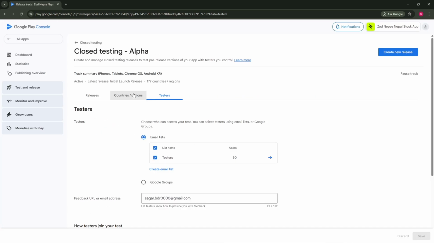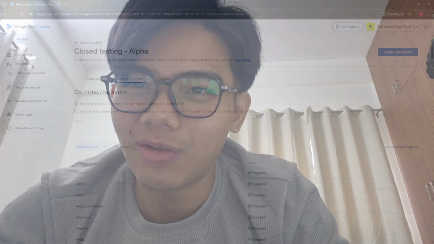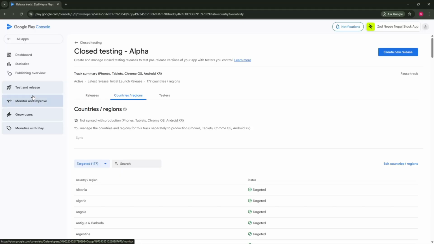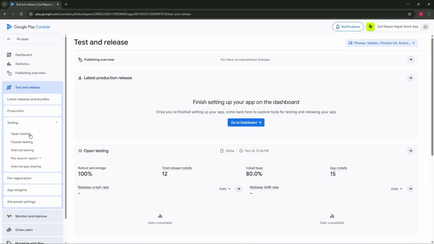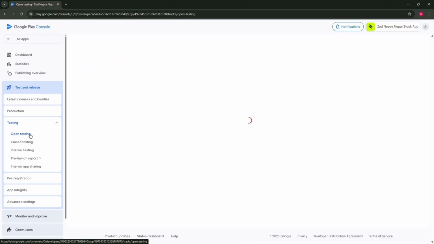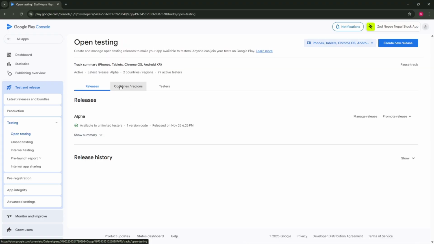So I contacted my friends and family, and I told them to download my app, and that is how I got my closed testers. But that was not enough. I was rejected, saying that my testers were not enough. So to increase the number of testers, I posted it on Reddit. They were very helpful. I managed to gain around 20 to 30 users in closed testing, and that helped me a lot. And thank you, Reddit,